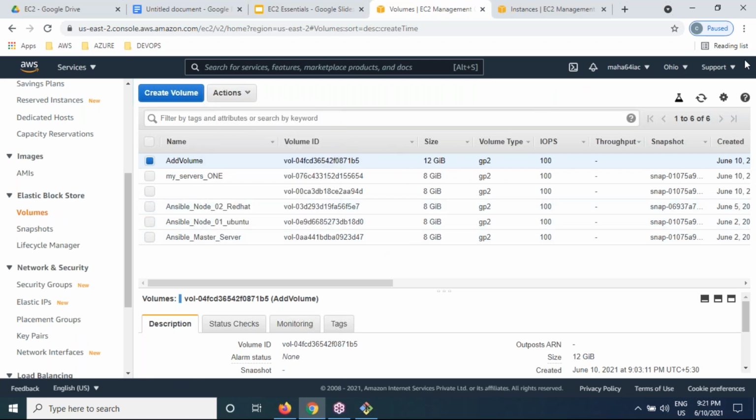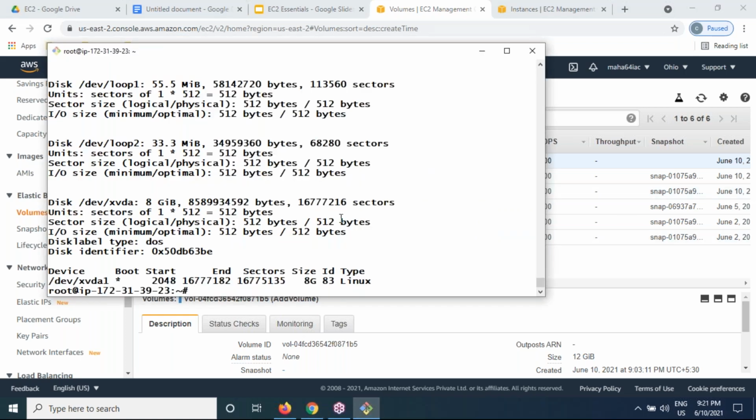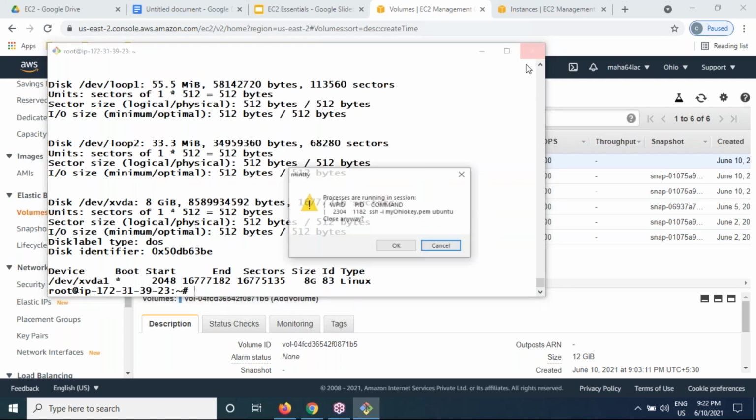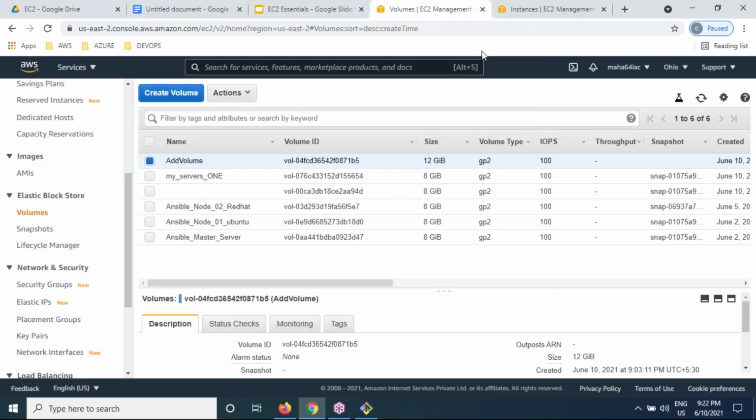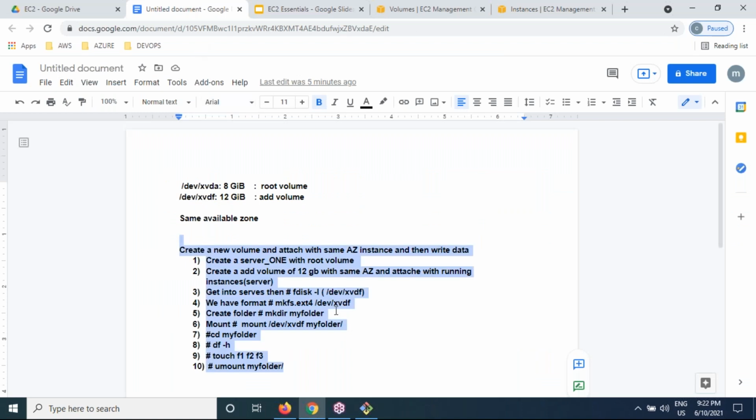What is the meaning of mount, Samantha? Mount is nothing but attaching. Simply I can say another name called attach. The mount word, just replace with the word attach. What is the meaning of attach? Two things will be combined, attached. So what are we attaching exactly? My device with my folder.